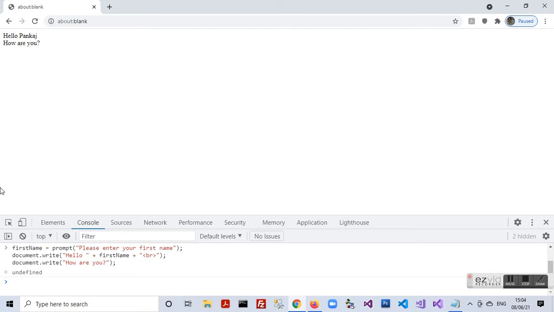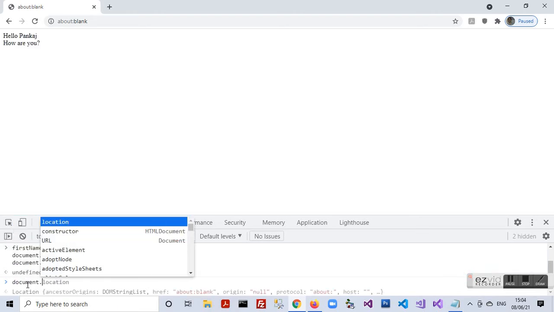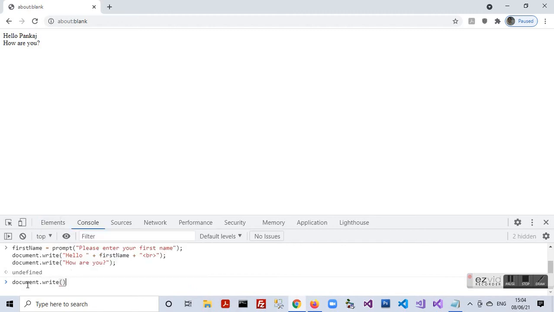So again I want another line of code for writing some other text below these lines. I need a blank line. How are you? Below how are you, I need a blank line and I need to display another message. So for putting in a blank line, I need to take two break tags one after another in my document.write command. So I type document.write break tag, I have seen you after a long time.